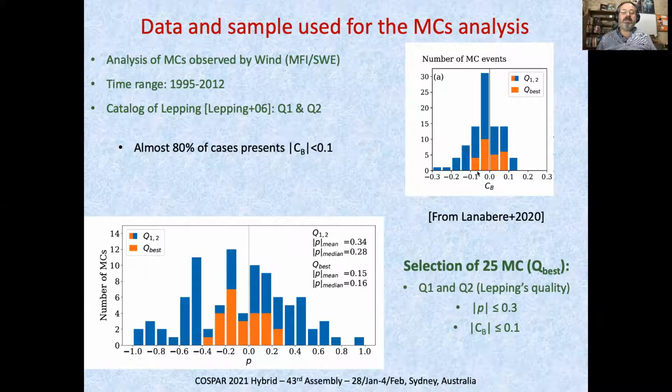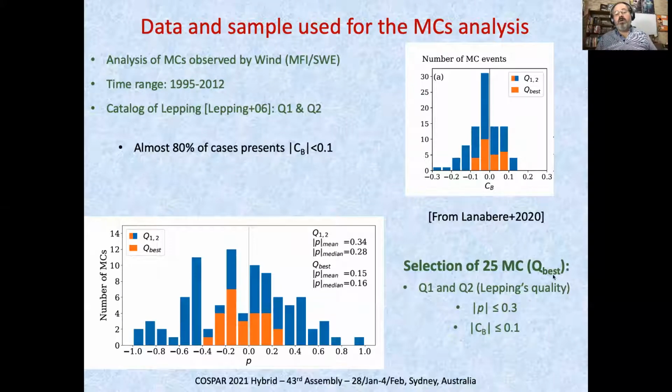Also, we observe a lot of impact parameter in this sample, so we also restrict to impact parameter lower than 0.3, sorry, and then this is the filtering that we use, and we obtain a sample of 25 magnetic clouds,